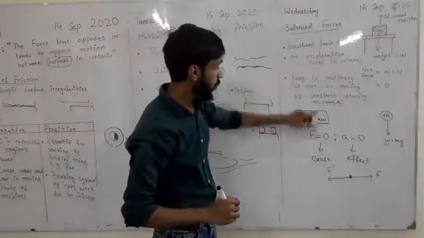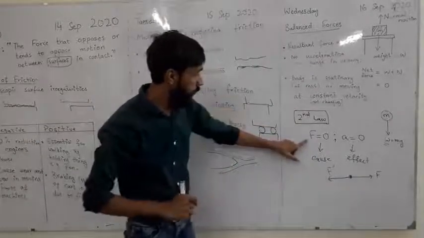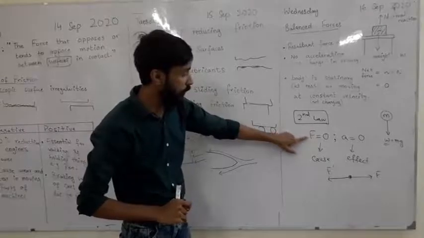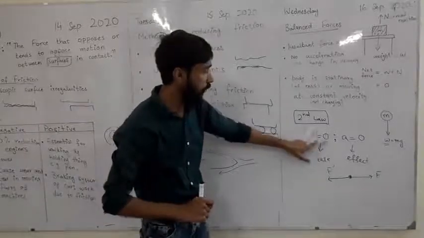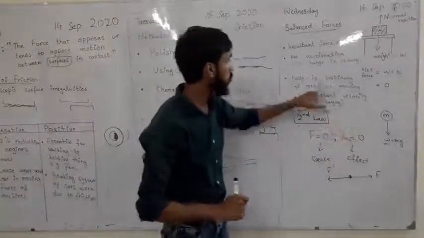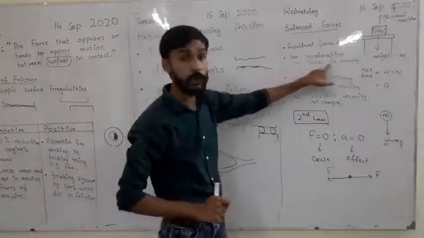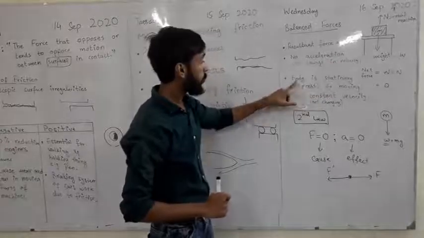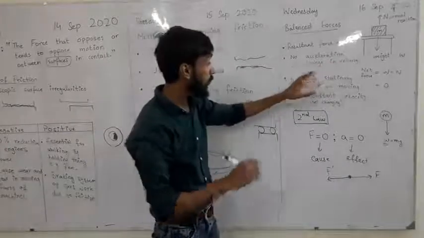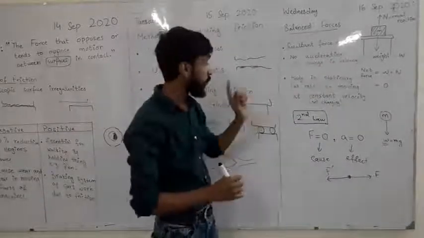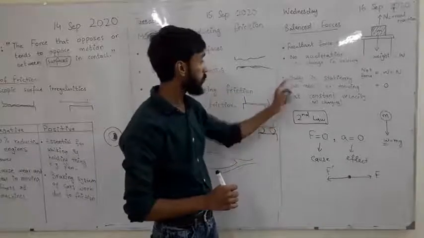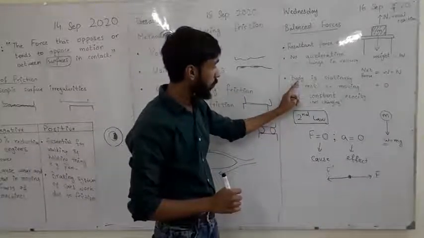And when the resultant is zero, recall the concept from second law of Newton. When the force is zero or the resultant force is zero, there is no acceleration. So no acceleration. No acceleration means no change in velocity. So when there is no change in velocity, this means only two conclusions. Either the body is stationary